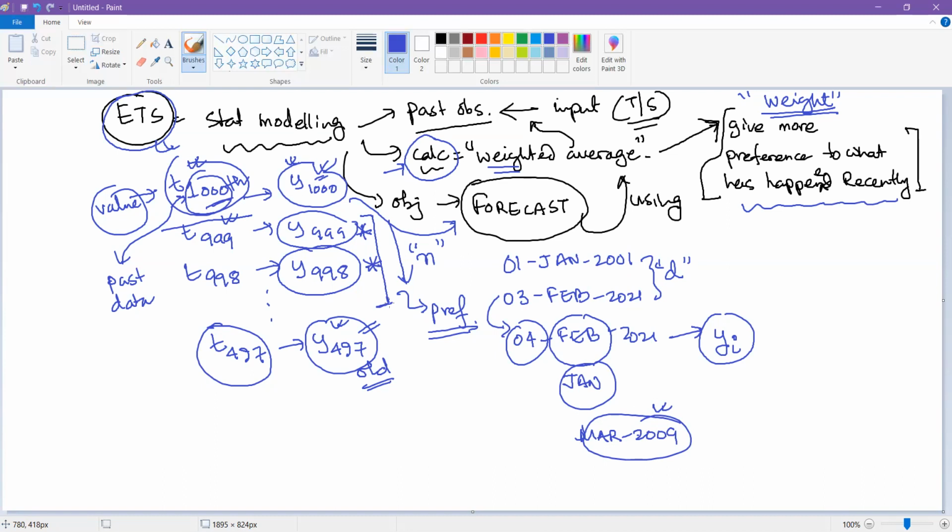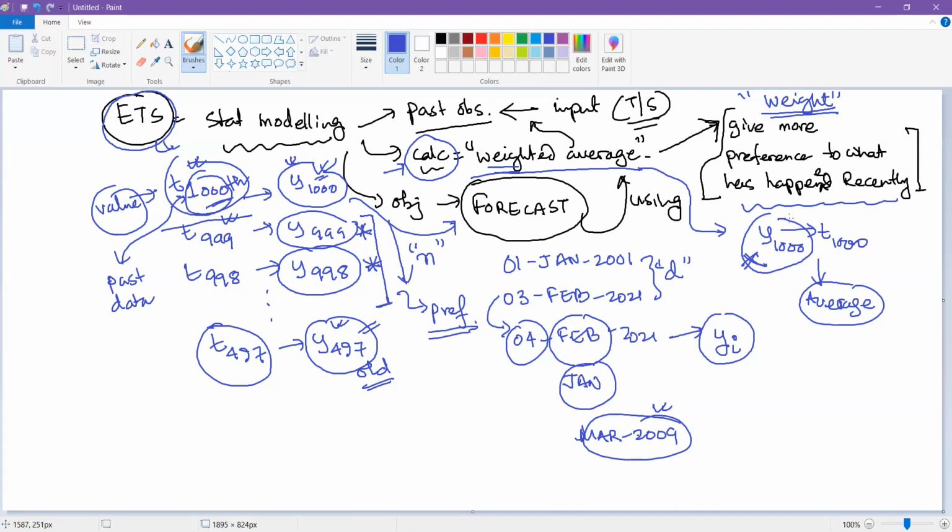Over a period of time, statisticians have also understood that it is not so easy to simply calculate a weighted average and go ahead, because that would be a foolish thing to do. If I'm going to take the value at t1000, which is y1000, I could simply take the average of what has happened until now and predict this value. But the predicted value is not going to be very good because it will have components like cyclicity and seasonality.